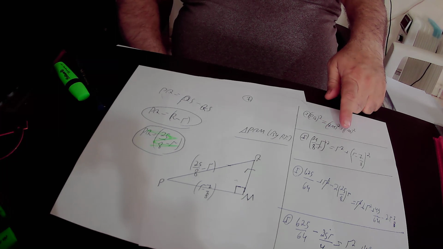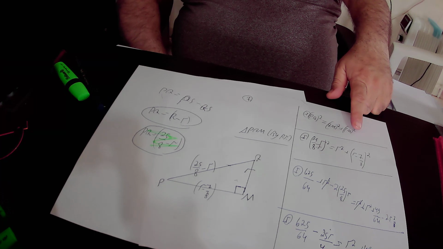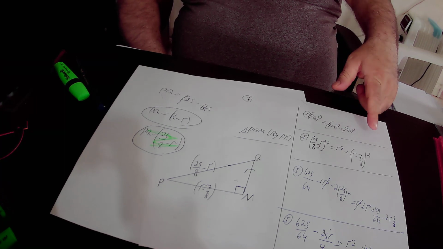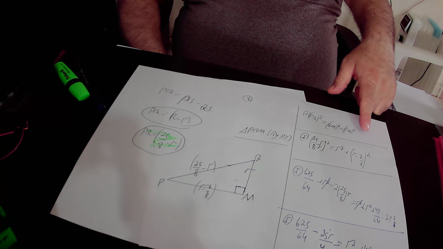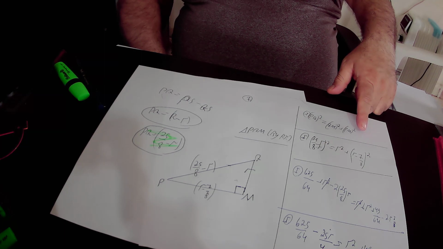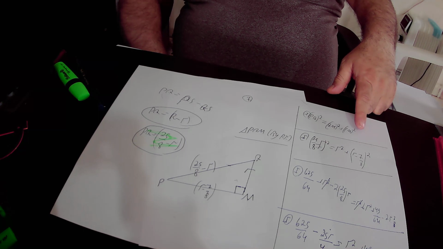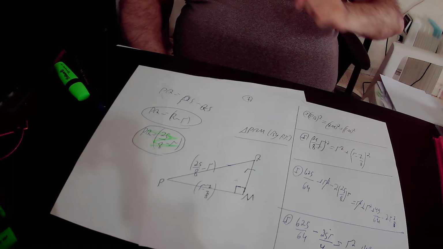On the other side of the equation we have r squared plus (r minus 7/8) squared, and here (r minus 7/8) squared equals r square plus 7 squared, that is 49, over 8 squared, that is 64, minus 2 times r times 7/8. Okay,